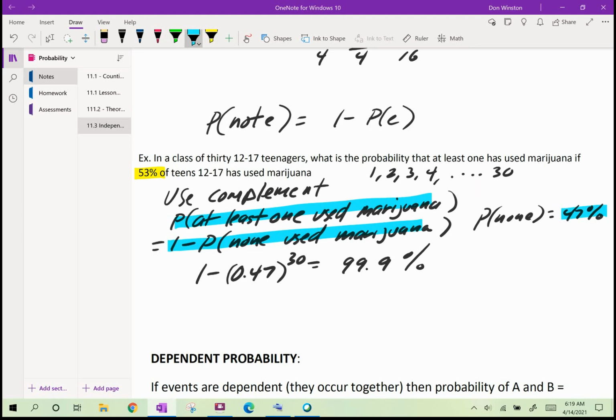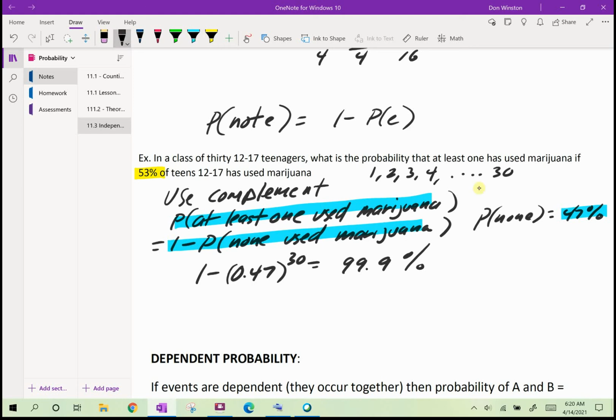it should be independent. If one teenager does not use marijuana, that should be independent of any other teenager not using marijuana. Assuming they're independent events, the non-usage of marijuana for one teenager has nothing to do with the non-usage for another teenager. So the probability that at least one has used marijuana is 1 minus the probability that none of